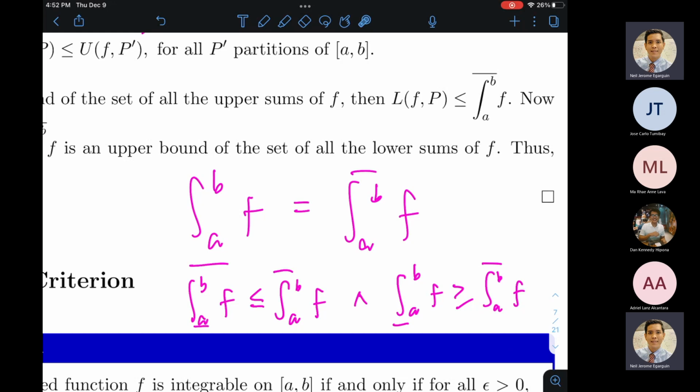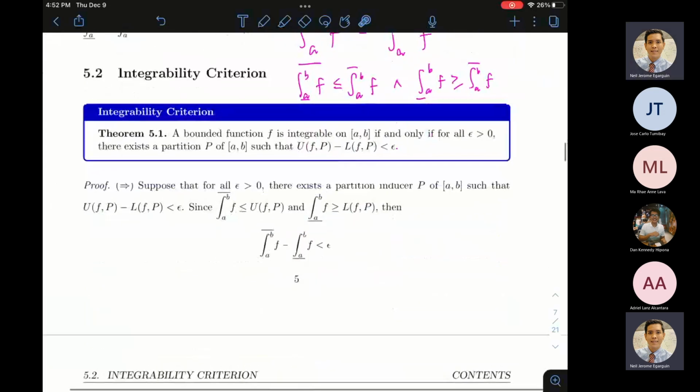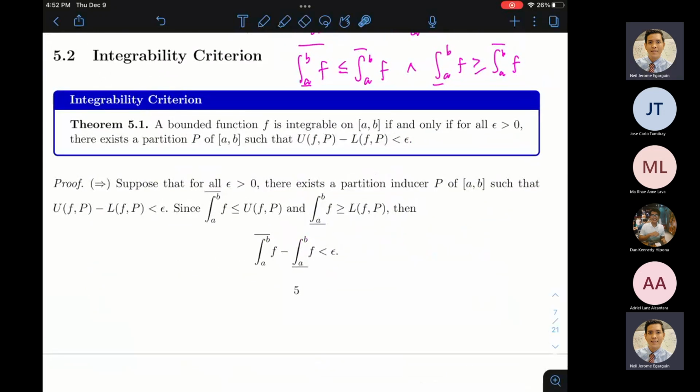All right? And that's why, thankfully, we have established several criteria for Riemann integrability. And that's what section 5.2 is all about. All right? Now, let's see the first integrability criterion. Theorem 5.1: A bounded function f is integrable on the closed interval [a,b] if and only if...